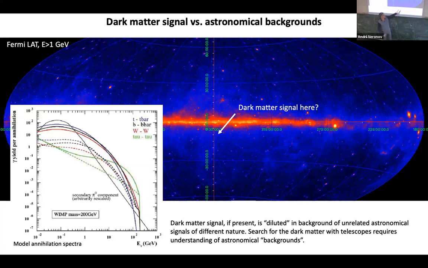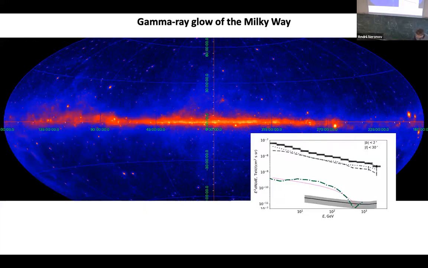So spectrum, I would say that we can have a whole data cube in astronomy, right? We can have an image in every energy band. We can fit this image in every energy band to the model that we have. Okay, so then for the background, one obvious thing is that the disk of the Milky Way